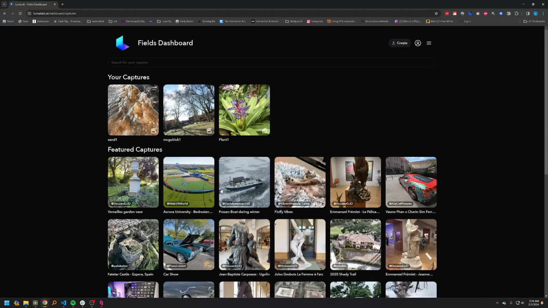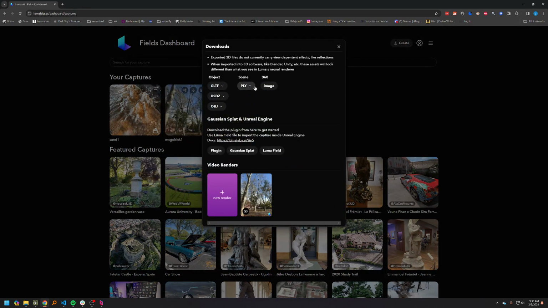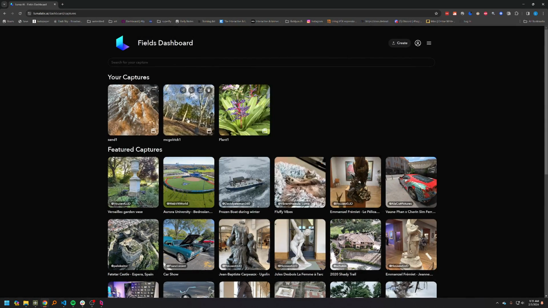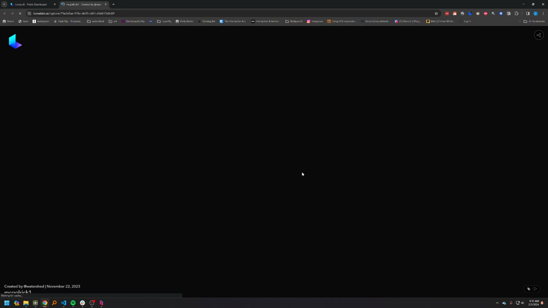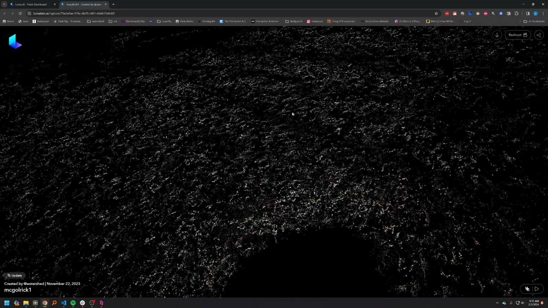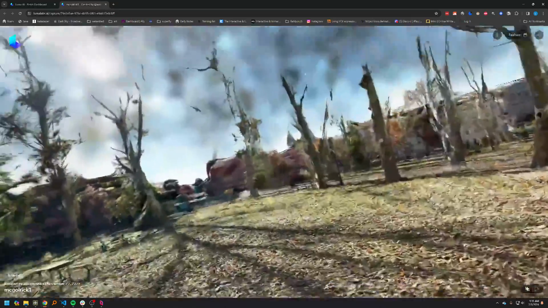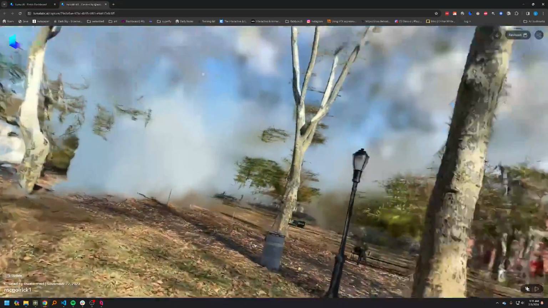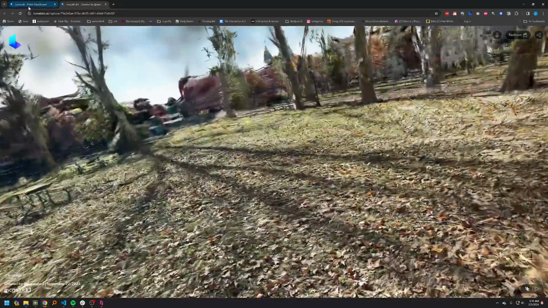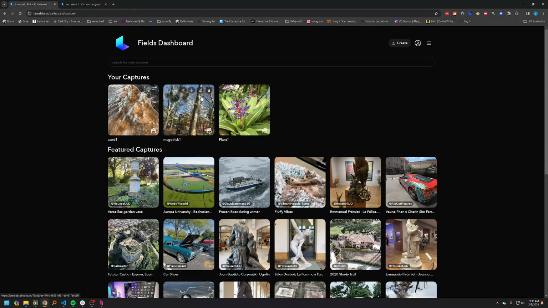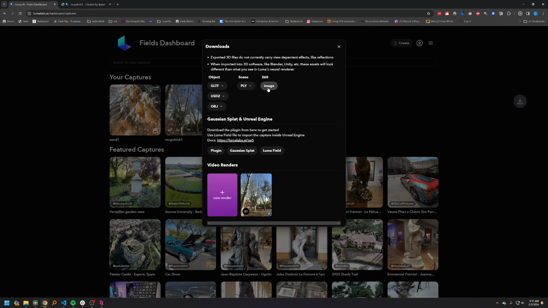Here is what the Luma capture dashboard looks like. You can see I have a couple on this account. You can also grab other people's from the community. For this, what we're going to want to download is simply the 360 image. I'm using this capture, which I took of a local park. The reason that I'm using this one right now is because this was a scene capture as opposed to an object capture. And that means that when we download this image,